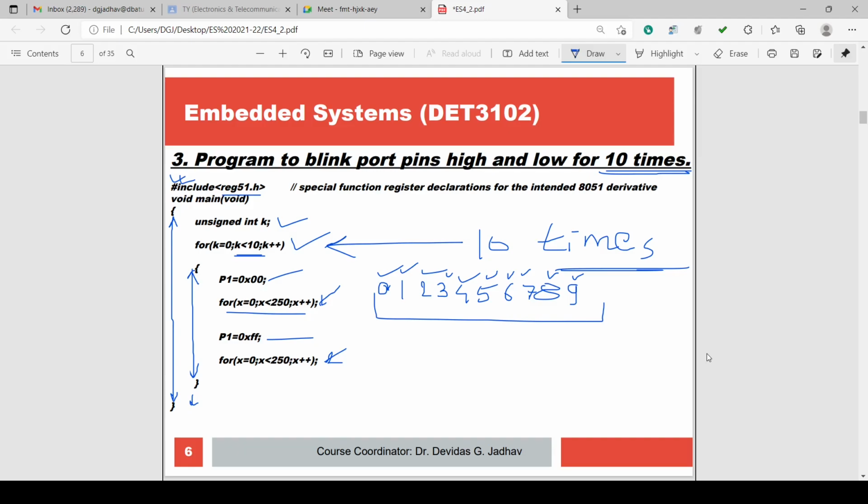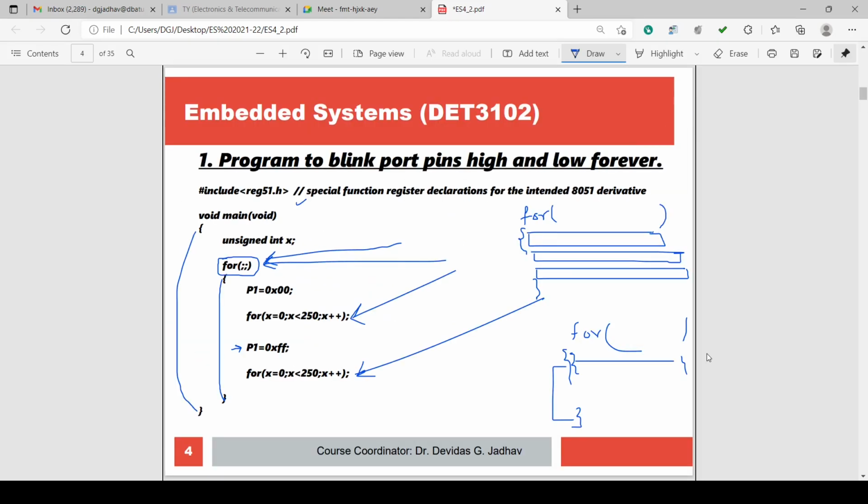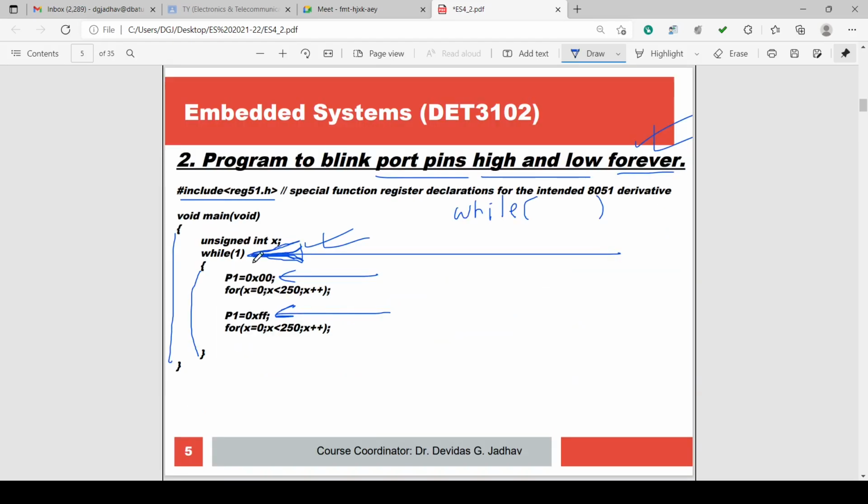So program 1, program 2 and program 3 have the very same thing to do: blinking of the port pins, high to low, low to high, providing some delay. But the first and second programs run continuously till infinite time, forever, using for semicolon semicolon as well as while one for that purpose.